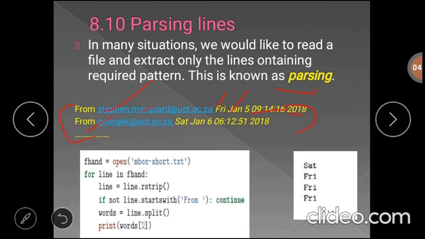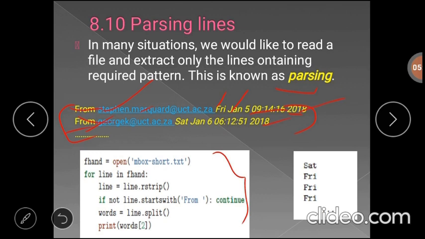Again, that log file may also contain some other information, such as for whom that mail has been sent. We are interested in knowing which days that mail has been received. Now, to extract that day, this is the code. Here all received mails start from the word From. Here is the first mail, and here we have the second mail, both of which start with the word From. Hence we search only such lines.